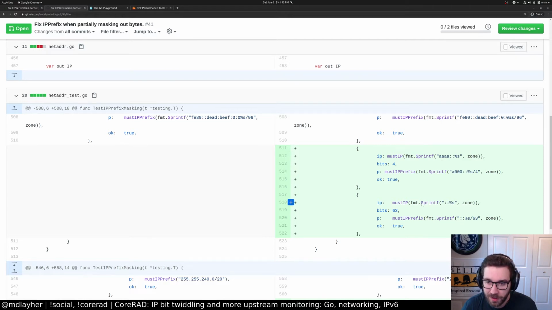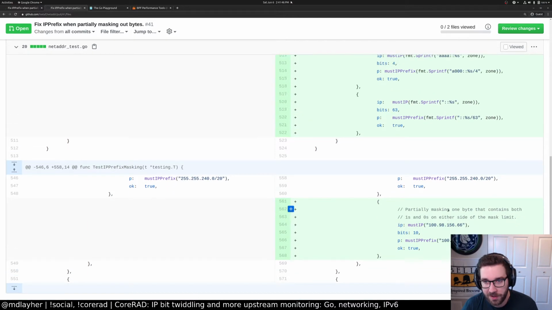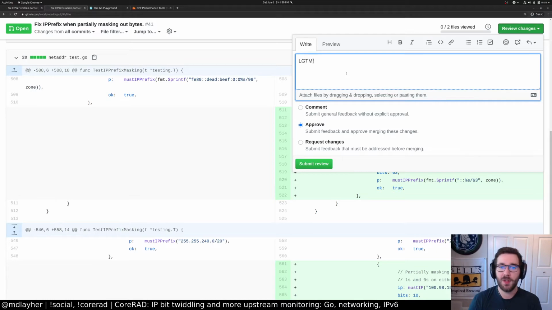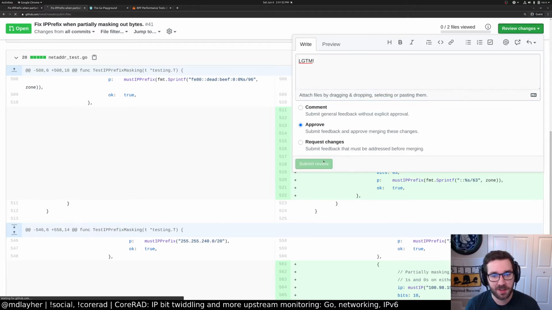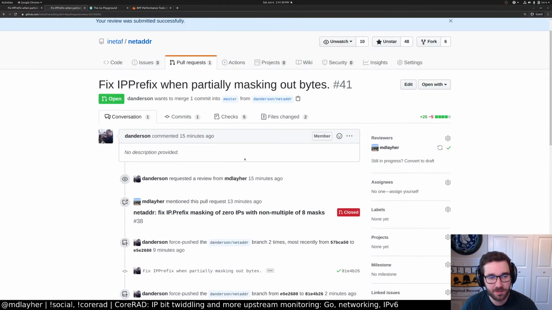/4, /4. Okay. /63, this is my original case, and then we have the CGNAT range as well, so we cover v4, v6, and then with zone, optional zone. So yeah, looks good to me. Thank you so much, Dave. I appreciate it. This is going to help fix a problem in my own code, so I appreciate that.